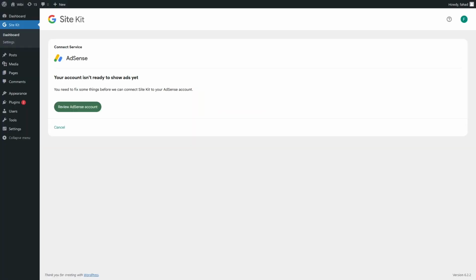Alright, so we have connected the AdSense account with the WordPress website, but right now our AdSense account is not ready to show the ads because we have to add some details in the AdSense account, and then we have to apply for monetization. Alright, so this is how it works, and this is how we can connect the AdSense account with our